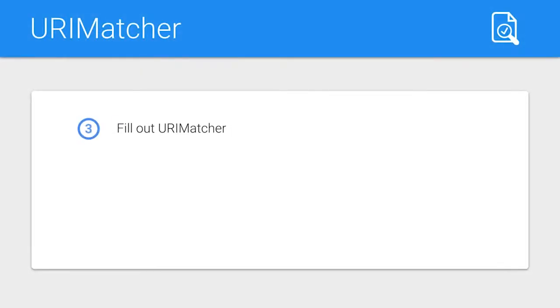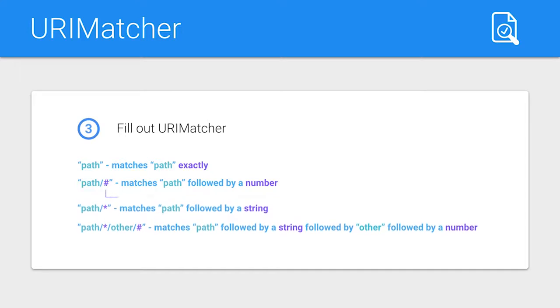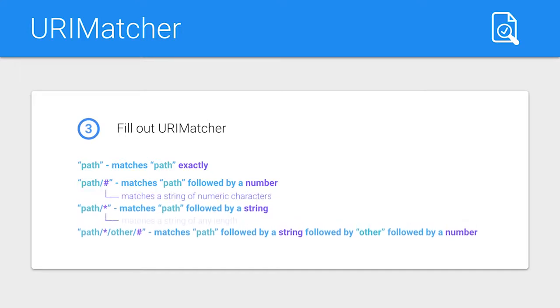After seeing the hash symbol, you might be wondering what other kinds of symbols a URI matcher uses as special symbols. URI matchers have matching capabilities similar to regex pattern matching, but it's quite a bit simpler. Regular expressions match a lot of special characters, but a URI matcher recognizes only two wildcard characters, an asterisk and that hash symbol that you just saw. The hash symbol can stand for an integer of any length, and the asterisk stands in for a string of any length. And these symbols can be combined with each other, or specific URI path segments, to define a complete